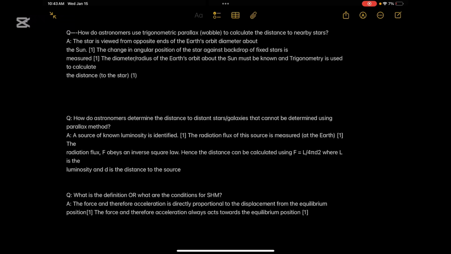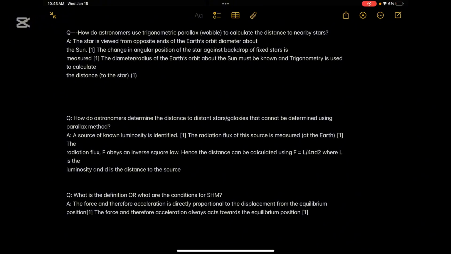All right, so these are the three FAQs that might come in your exam, which I am predicting will definitely come. One of them is trigonometric parallax, which is a 4 marks question. If you don't know how to answer it or you don't understand it, you don't have time left to understand it right now. It's better to memorize it, because it's the same question that comes every time. If they ask how to calculate the distance to nearby stars, or how astronomers use the parallax method or trigonometric parallax to calculate the distance to nearby stars,